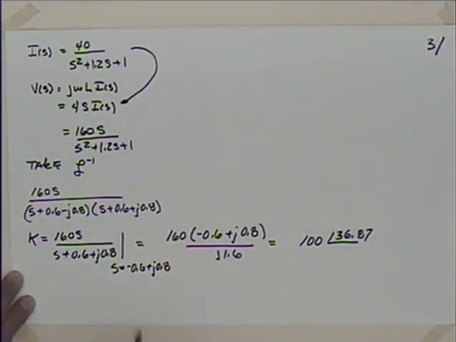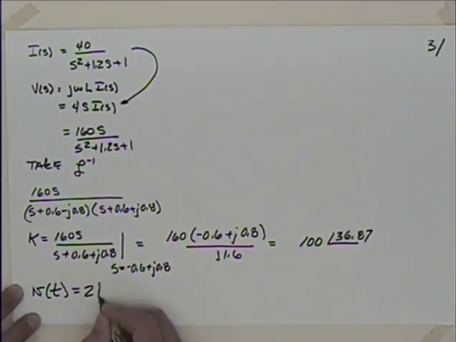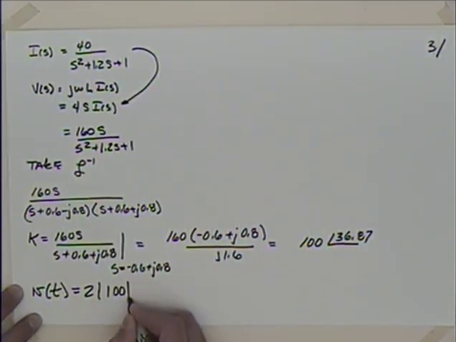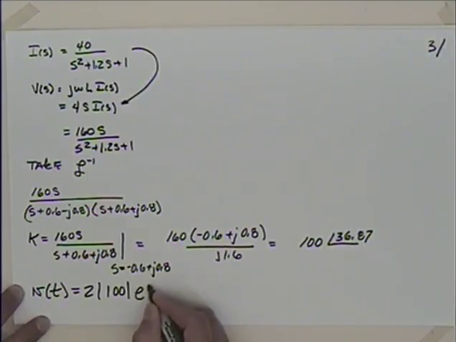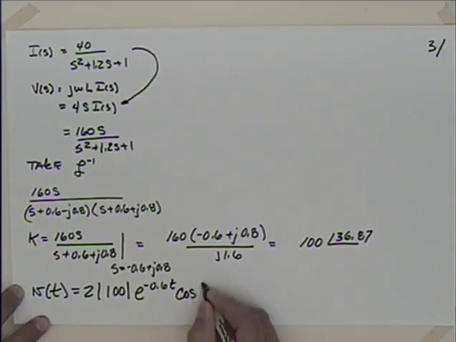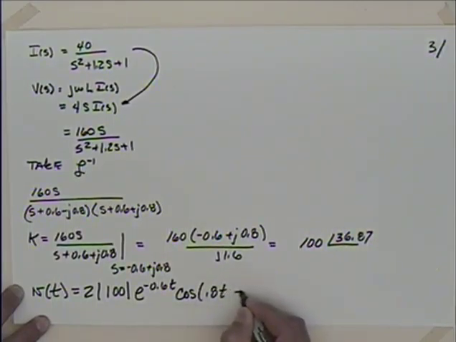So I could say then that writing the expression in the time domain, that voltage in the time domain is equal to 2 times that 100, e to the minus 0.6t times the cosine of 0.8t plus